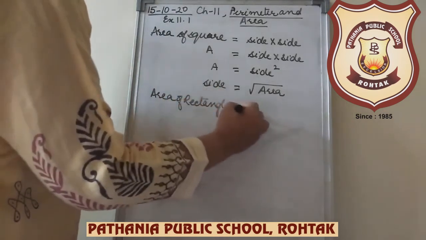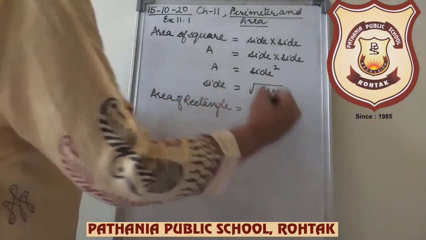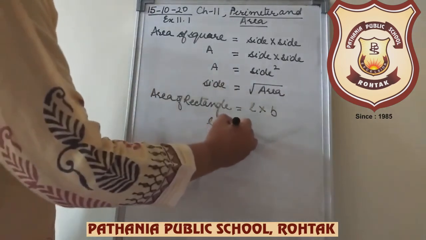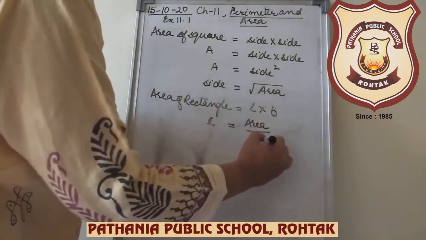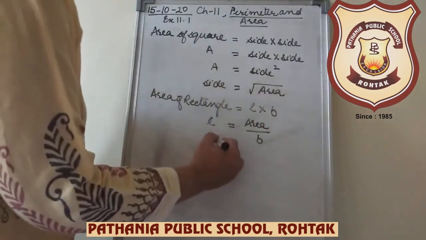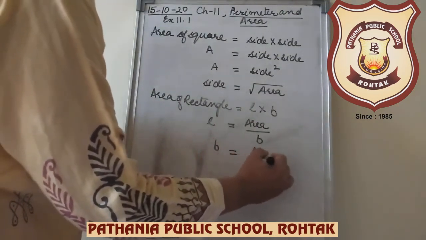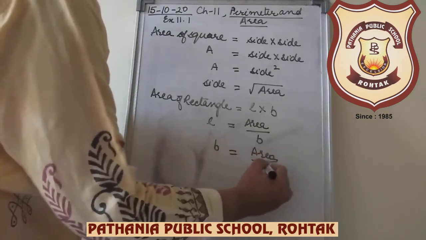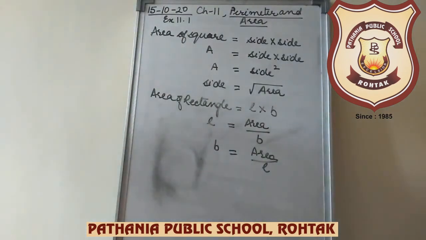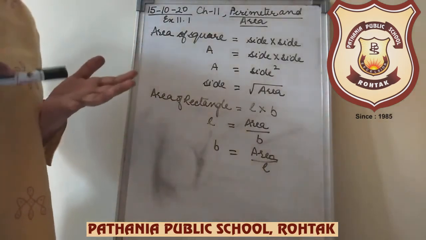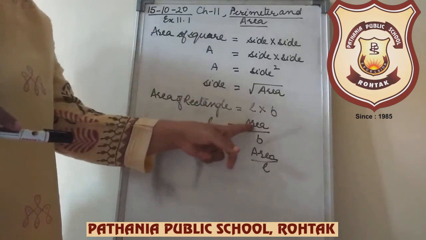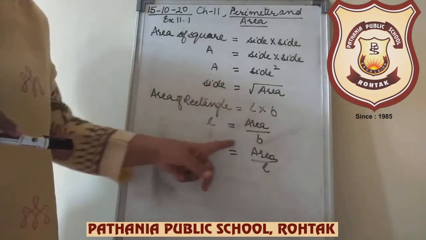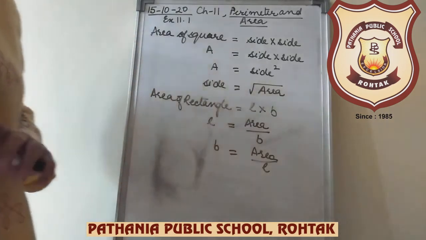Okay. Then comes the area of rectangle. Area of rectangle is length multiplied by breadth, and if you have to find out the length when area and breadth are given, then area divided by breadth gives length, and area divided by length gives breadth. Clear? So these are the 4 formulas, 2 for area and 2 for perimeter, and this is the application part where when the area is given, you can calculate the length. When area is given, you can calculate the breadth. Okay.